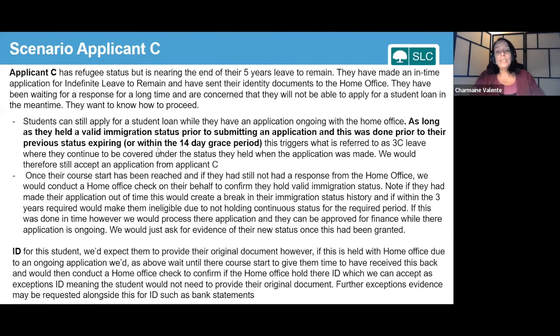Well, this student can definitely apply for a student loan whilst they're waiting, a bit like the scenario in the first one. They can apply for that. And as long as they've held a valid immigration status prior to submitting this application, then we can take their previous status, as long as it didn't expire. We've got like a 14-day grace period. So let's say I've got